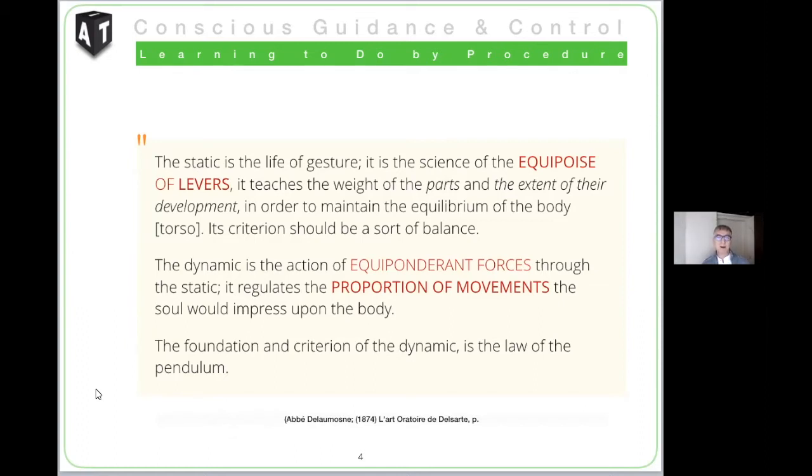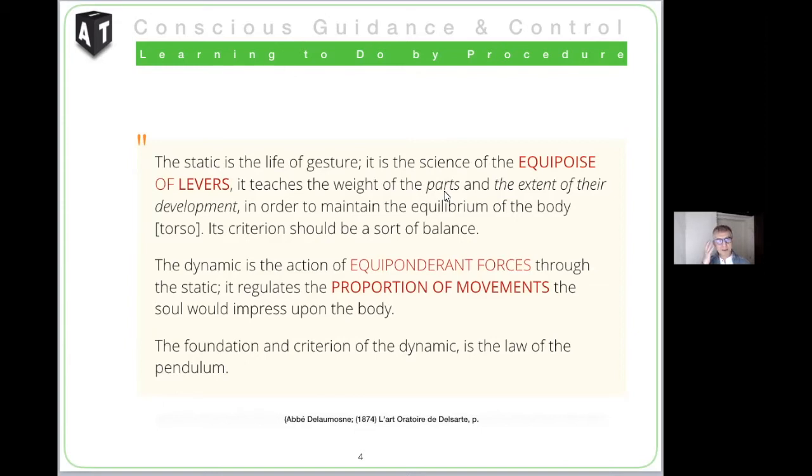And as a result, by their movements, these levers are going to promote stability through lengthening elastic resistance. So suddenly it was obvious that the muscles were not the center of the motion, and when the science of equipoise of levers teaches the weight of the parts, I started to realize that when we readjust movements,